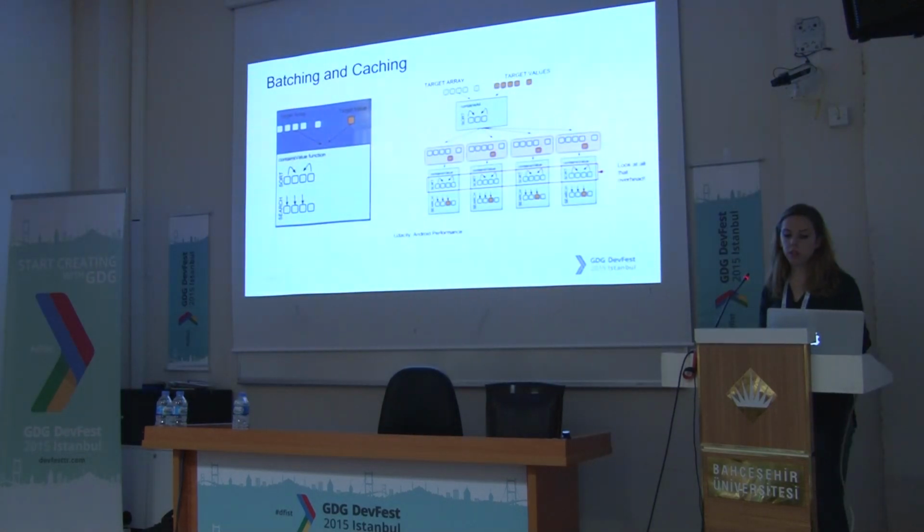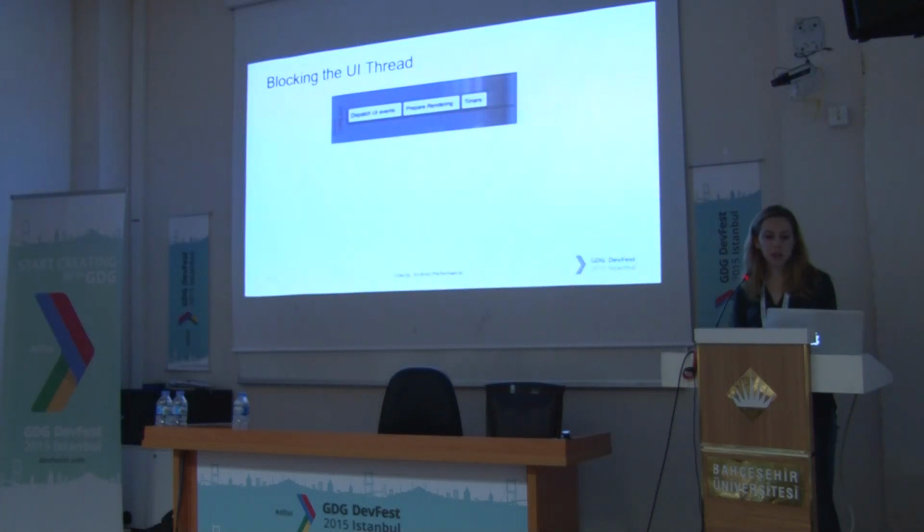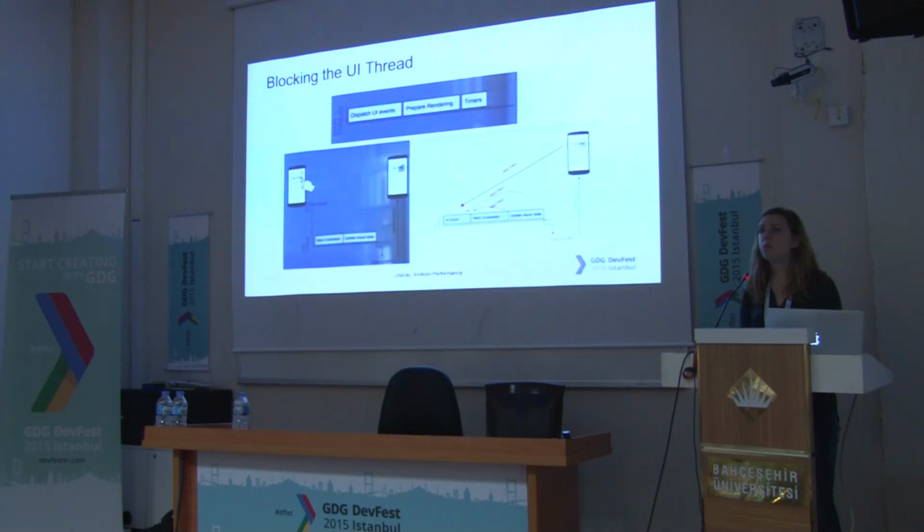And batching and caching are also very important. And threads. Thread is very important. Once your application is started, a thread is also created, which we call the main thread, and everything about your application is kept on this main thread. We can also call it the UI thread because this is the thread your users interact with. For example, your user clicked the button, then the UI thread